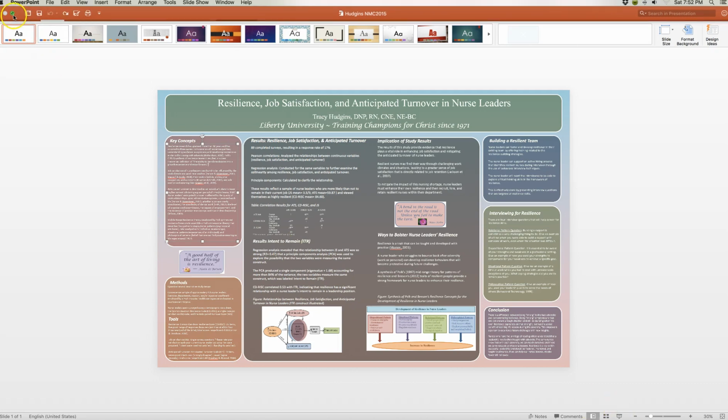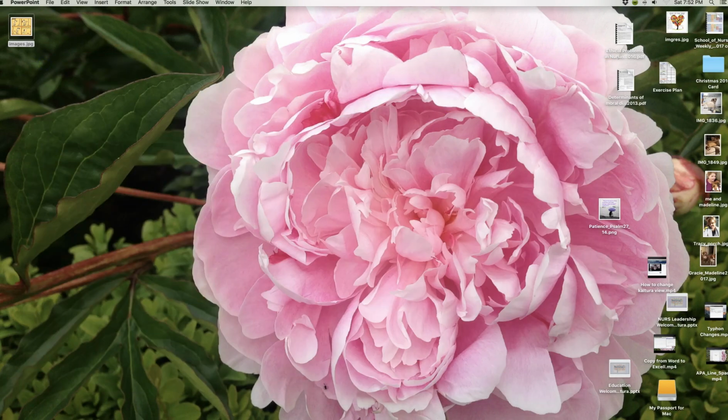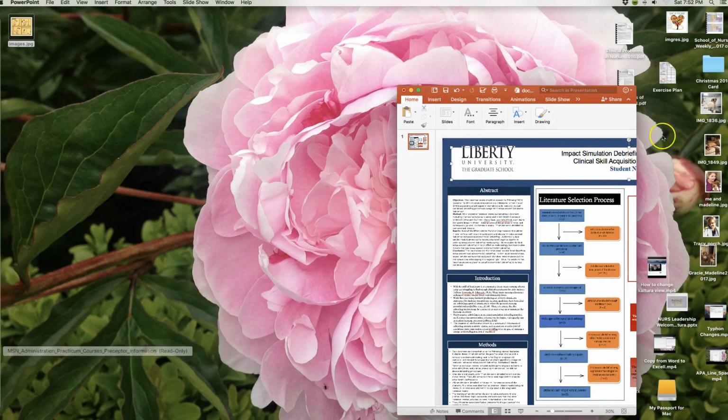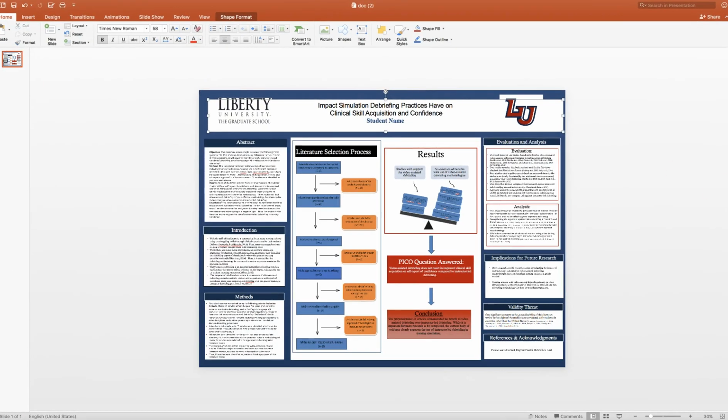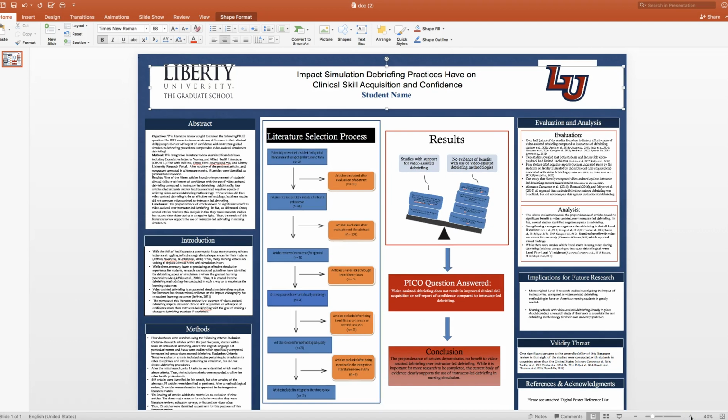Lastly, I'm going to let you look at the example of a class. Let me see if I can find it. Okay, this is it. This is an example of a former student who completed this assignment a few subsections ago. And this was a very well designed